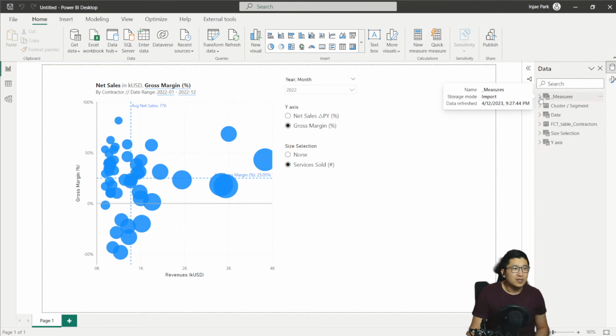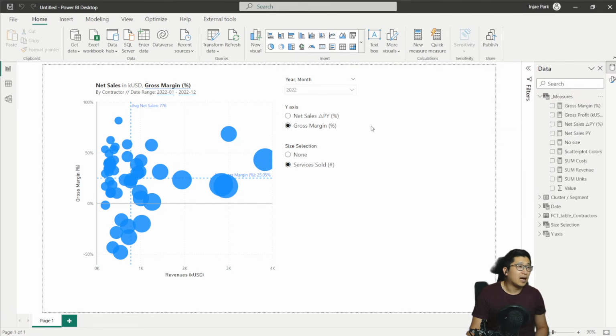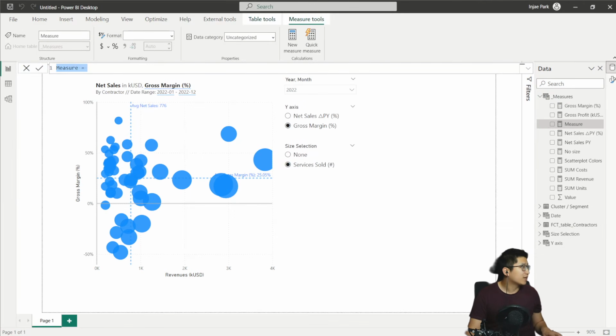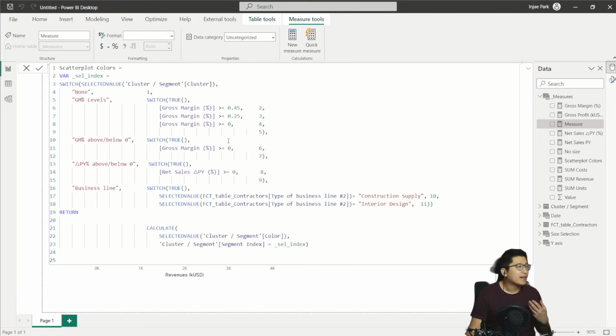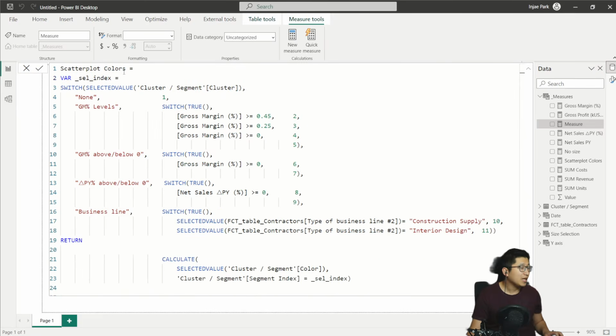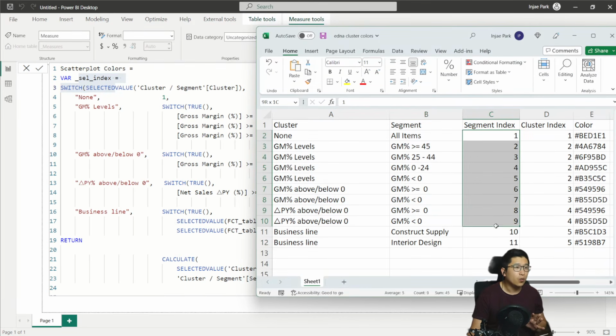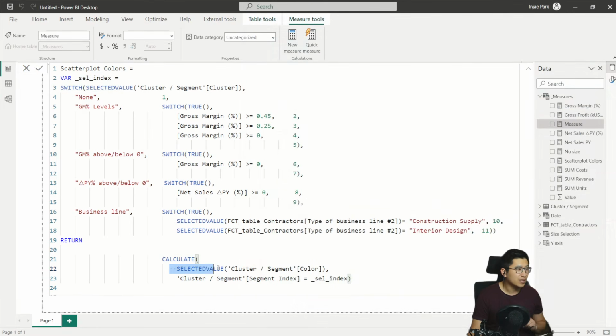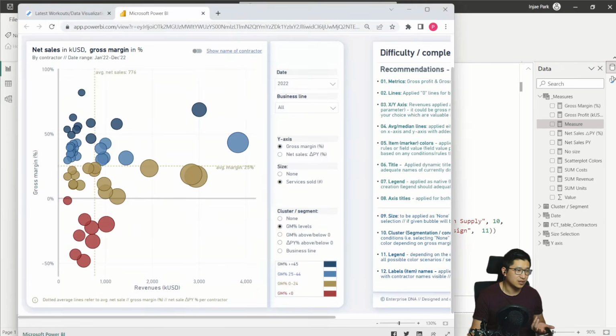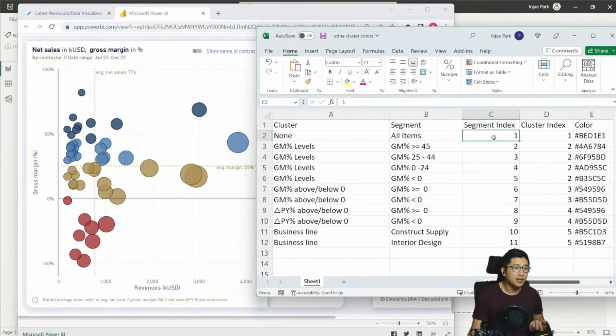And now comes the more difficult part. I've already created this measure because I already did this workshop slightly before. And this is what the measure that I'm using looks like. I've called it Scatterplot colors. And it first finds a variable, which is going to be the selection index. This is going to represent what segment is being used, and from the segment index, it's going to calculate the color based on this segmented index. So depending on what's being selected here, it's going to tell me which color is being used. The way that it does that is that